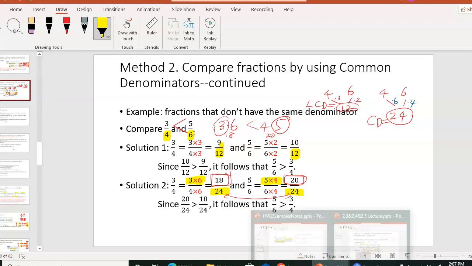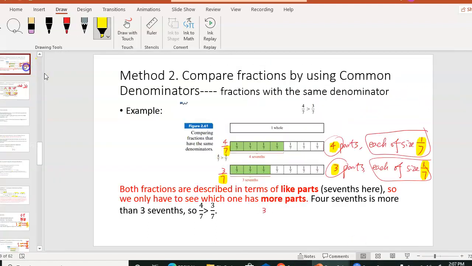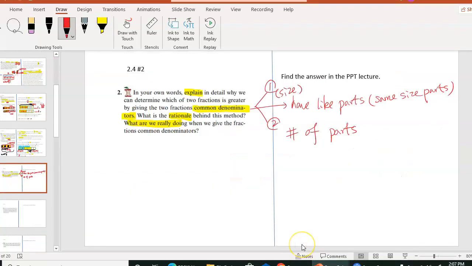Okay, so that's what you would have to say. We're creating like parts. That would be what we're really doing here. Okay, so I guess I can put that part right here. I'll let you write it down instead of just giving you the answer directly. Okay, so next